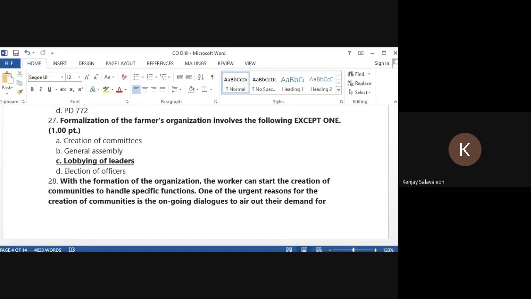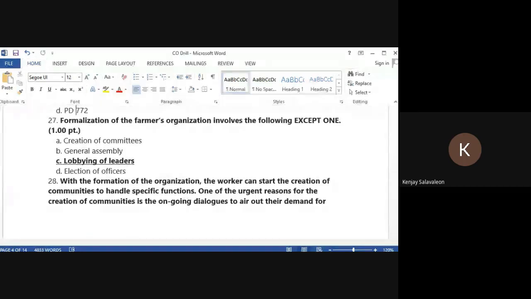1. A, creation. Kita natin yan, no? The correct answer is lobbying of leaders. So pag sinasabi nating lobbying, yung definition kanina, no? The sit together with the legislative committee of the existing political structure in the community to talk about which nangyari naman kanina. Dito naman sa hindi pwedeng magkaroon ng lobbying of leaders kasi lobbying, obviously nagkakaroon ng lobbying if there